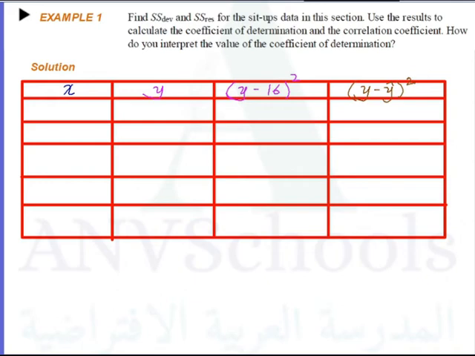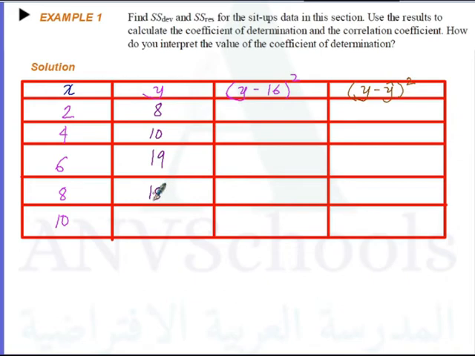Okay, now first let's have a look at our X. Our X are 2, 4, 6, 8, 10. And the data gives us, these are still the data for the setups that Mo did. Okay, so 8, 10,